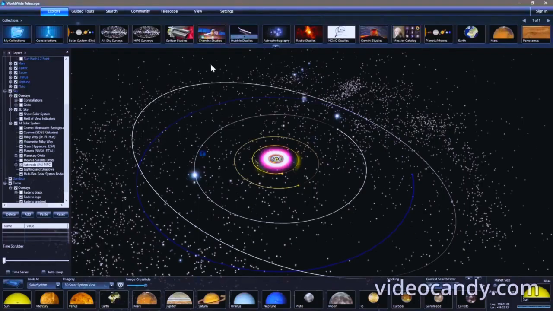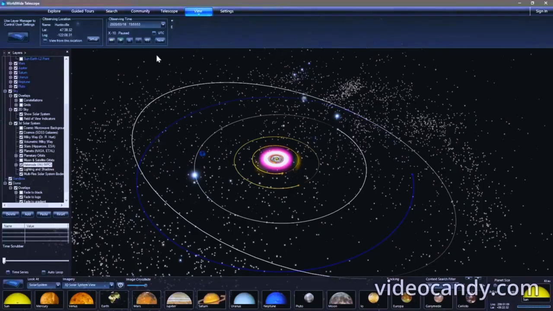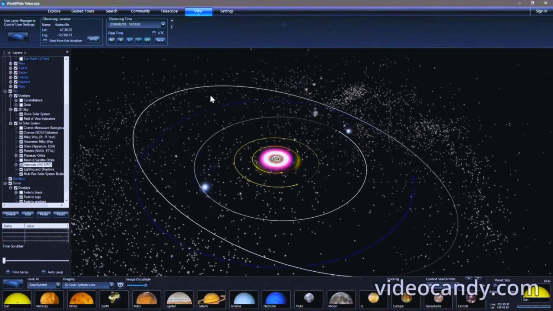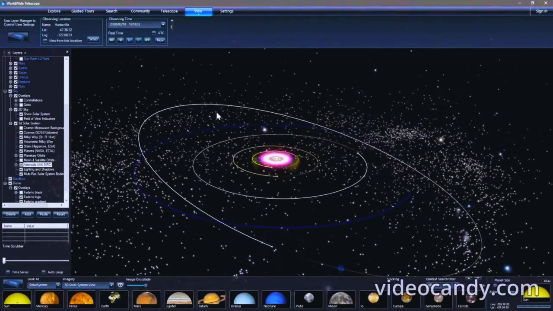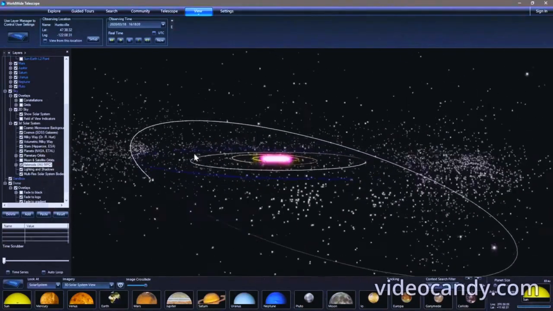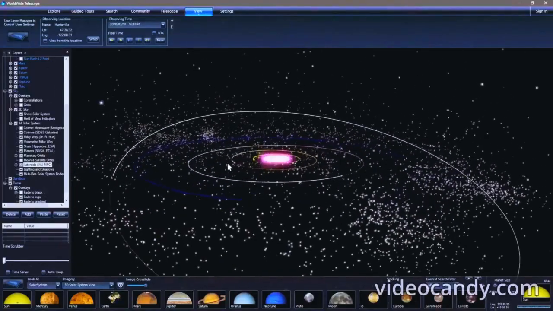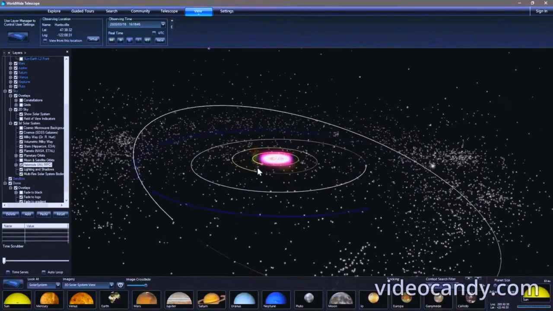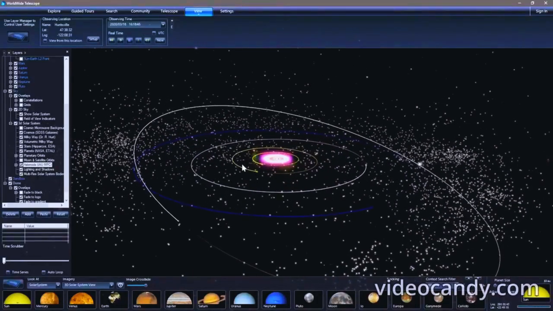If we go to the top of the screen, we have this view menu in here. If we click on that, we can change time first off to right now, which it was, or nearly was, and we can notice that nothing really is changing. It's not that time isn't advancing, but rather that, of course, the distances that these things are moving through are enormous and take a little while for us to perceive any